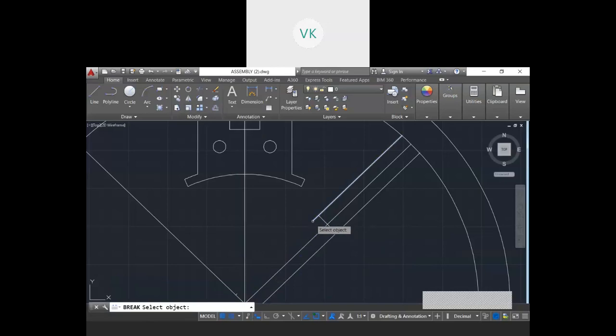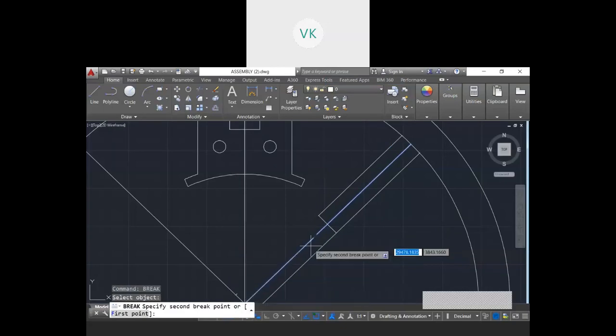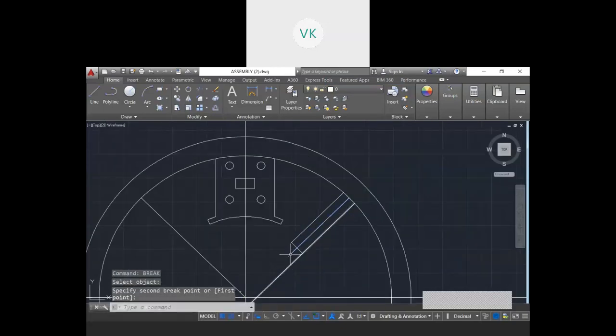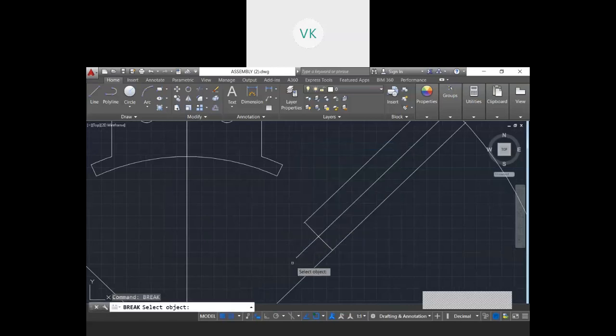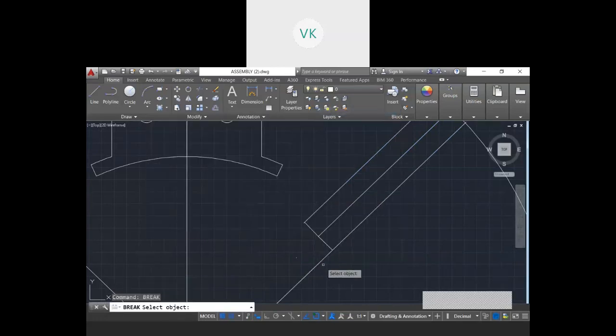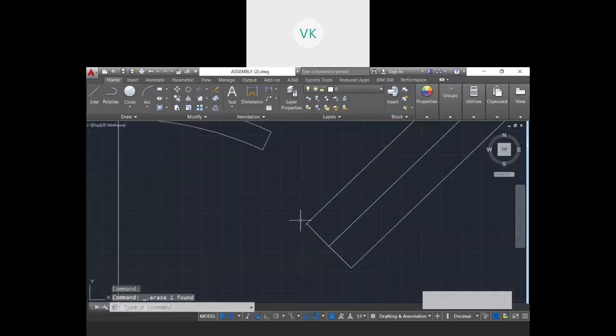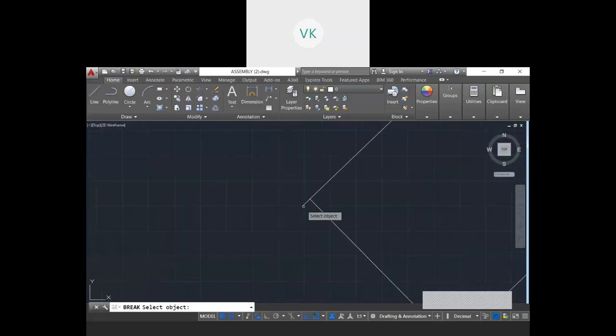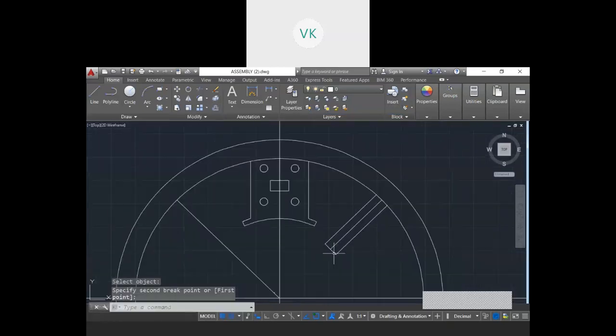I'll repair the break. Then last part. So this is my interpole with the 40 mm.